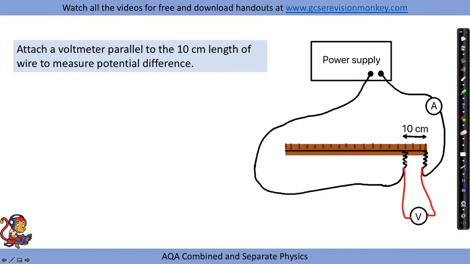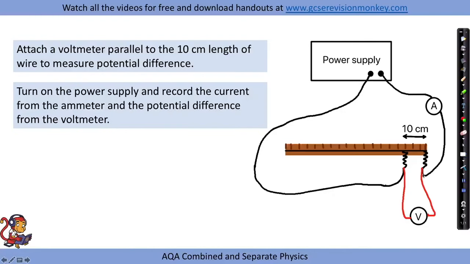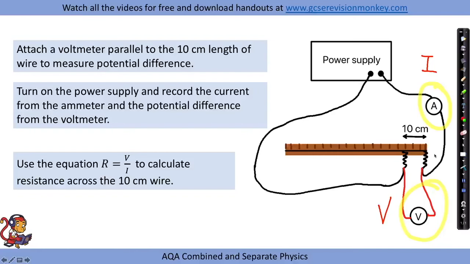We then need to add a voltmeter in parallel to the length of wire that we are measuring, and this is going to measure potential difference. We turn on the power supply and record the current from the ammeter, which will give us I. We will record the potential difference from the voltmeter here, and this will give us our V. And finally, we use the equation R equals V divided by I to calculate the resistance across the 10 centimeters